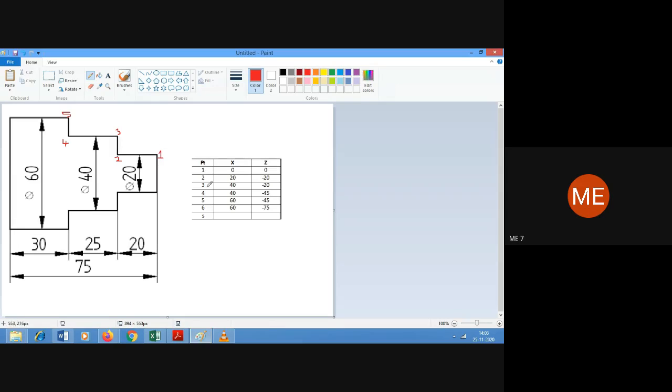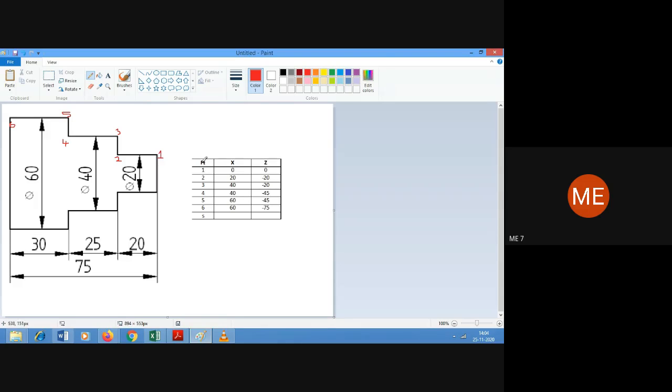Point number 5, diameter will be 60 and distance minus 45. Point number 6, diameter is going to be 60, then length is going to be minus 75.